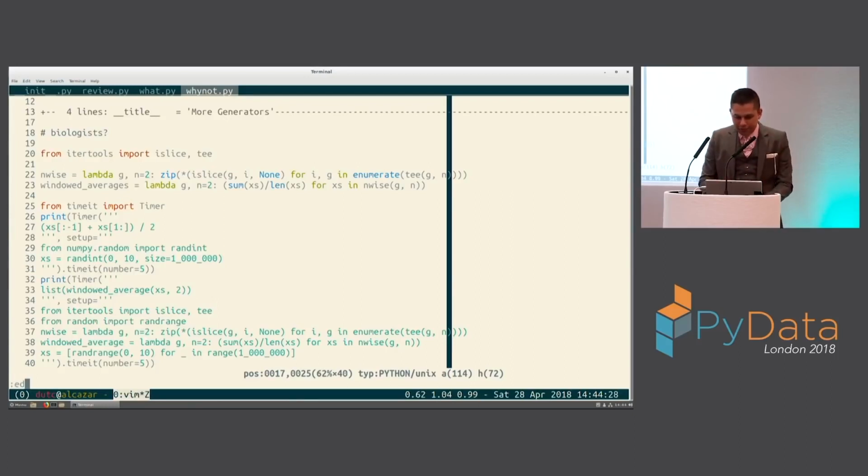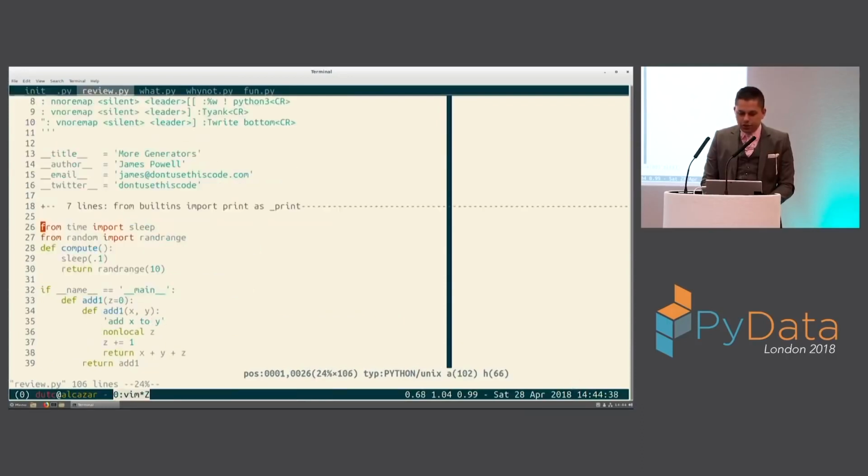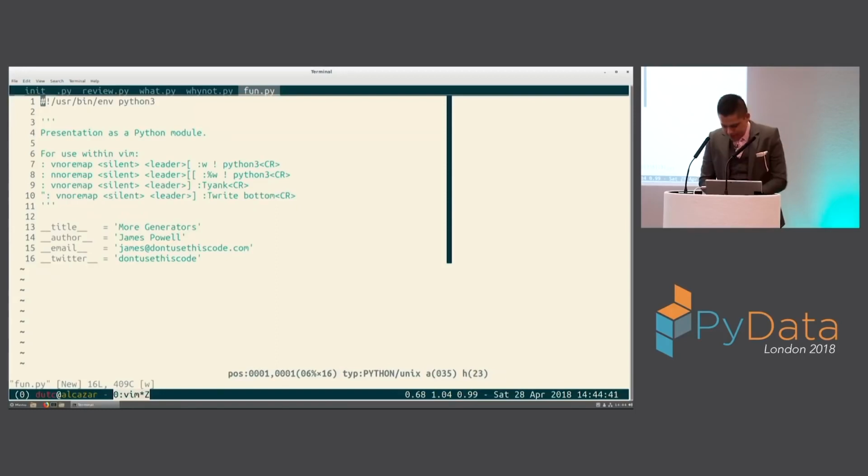But let's look at the last part of our presentation. We have 15 minutes. Let's have some fun. Because if we really think about it, when we go back to what we learned about generators in this second section, and we think about this sequencing, what we can see is that generators are a mechanism that can fit into orchestration. They can allow us to give a structure to a program that the program might not already have. They're not necessarily a computational mechanism. They're not about doing very quick vector operations, because NumPy can do that way better. And if it's out of memory, you have other tools that can do out of memory.